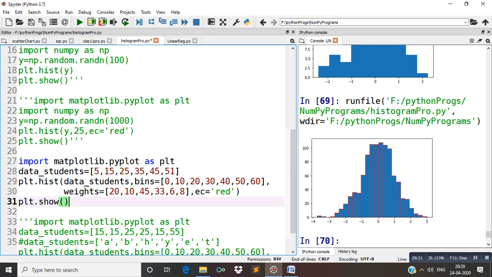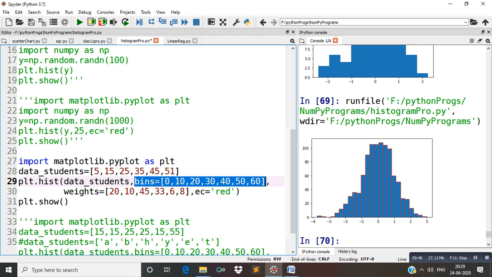Try to understand this line. Mainly you have to understand the meaning of this line: bins is equal to 0 comma 10. It means there is an interval from 0 to 10, next interval from 10 to 20, next interval from 20 to 30, and next 30 to 40 and so on.